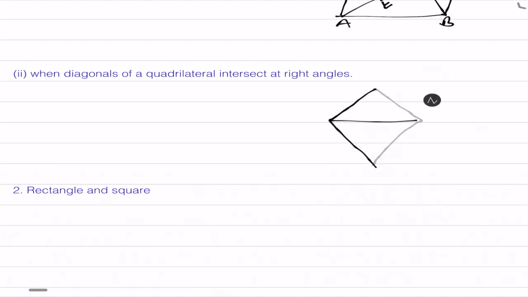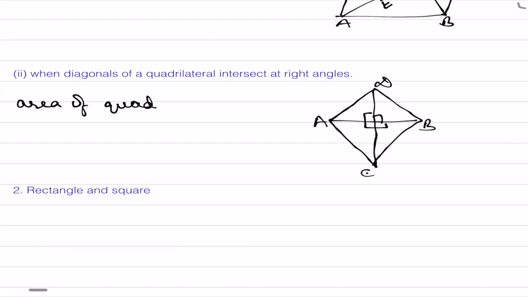Now see the second formula. The second formula is again the area of the quadrilateral, but when the diagonals of the quadrilateral intersect at right angle. Now what is the formula for this? Now see children, the diagonals of a square and rhombus also intersect at 90 degrees, intersect as well as bisect, but here they have not mentioned a square or a rhombus. They said any quadrilateral in which the diagonals are meeting at a 90 degree angle. Suppose this is a quadrilateral whose diagonals are intersecting at 90 degrees.